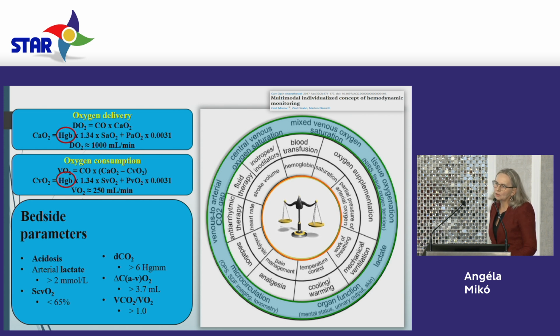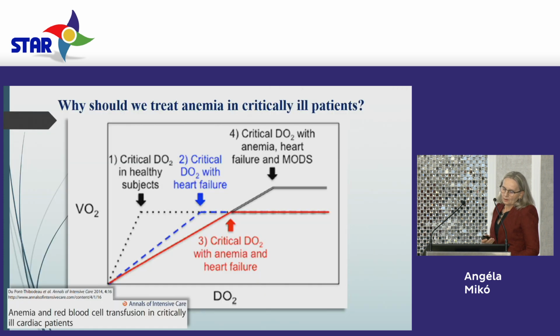As you can see, the hemoglobin concentration is very important in both the oxygen delivery and consumption equations. While the oxygen consumption remains stable as the oxygen delivery decreases, this is only up to a certain threshold. Sorry, I missed something. So, as the oxygen delivery is going down,